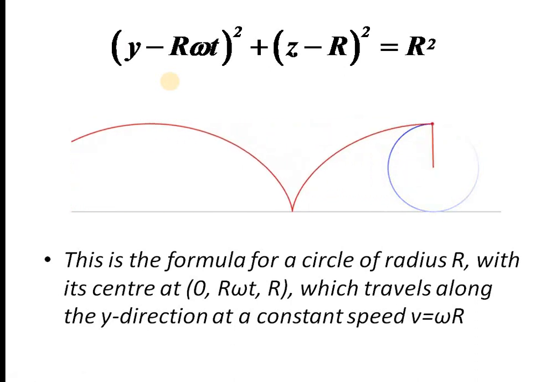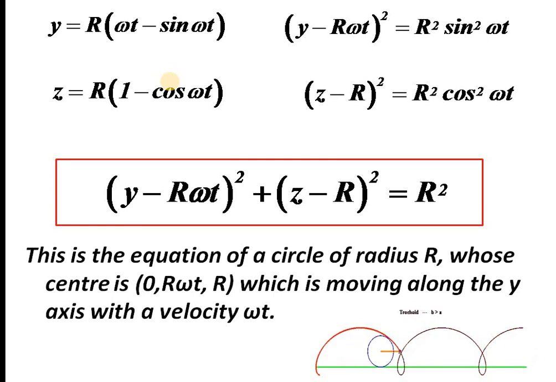So you will see from here also, this one also shows you the same thing. Y minus R omega t. This was very similar to the equation we showed at the beginning. Okay, y is a parametric equation. In the beginning, we had a parametric equation, x and theta and y and theta. Here instead of that, y and time, z and time. Same parametric equation, very similar format.